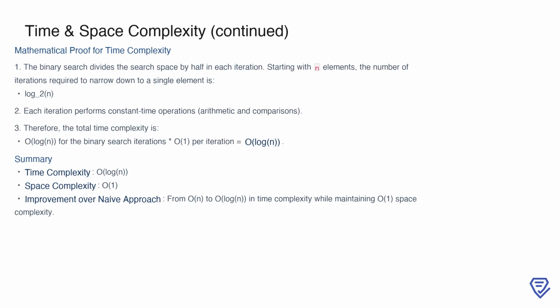Starting with n elements, the number of iterations required to narrow down to a single element is log_2 n. Each iteration performs constant time operations like arithmetic and comparisons. Combining these, the total time complexity is the product of O(log n) iterations and O(1) per iteration, which simplifies